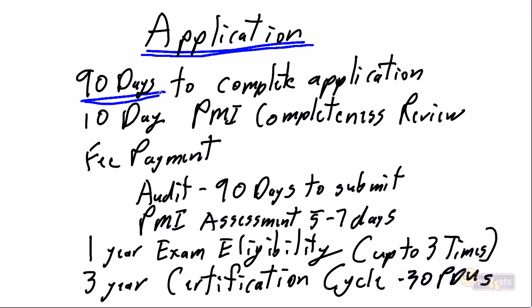time to go through and validate that in fact in June of 2008 I got 600 hours of experience in project delivery. Now, a lot of people will go through and pull together all of that material long before they ever go to PMI.org and start to complete the application. But assuming you start the application when you're not fully prepared, the good news is you have 90 days to go back and do your research and find out what you did in 2008 and 2009 and 2010, etc., so